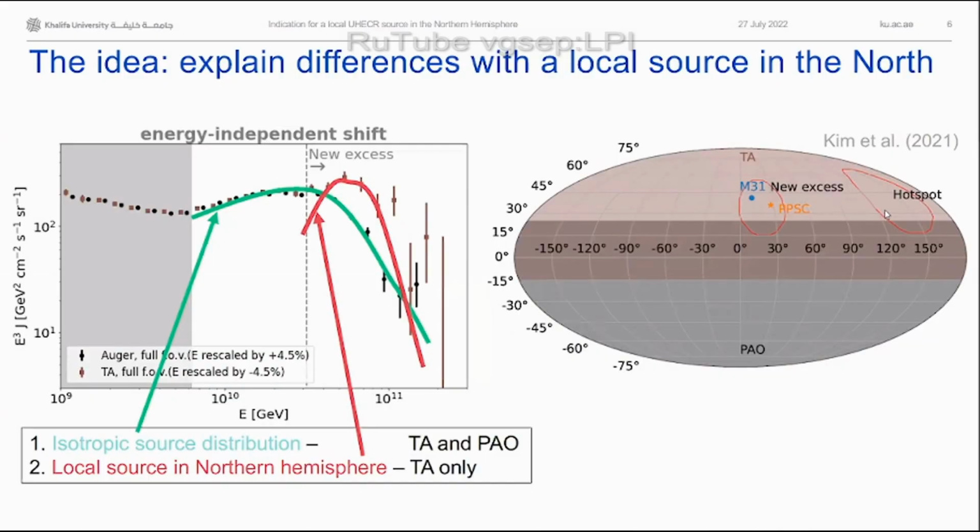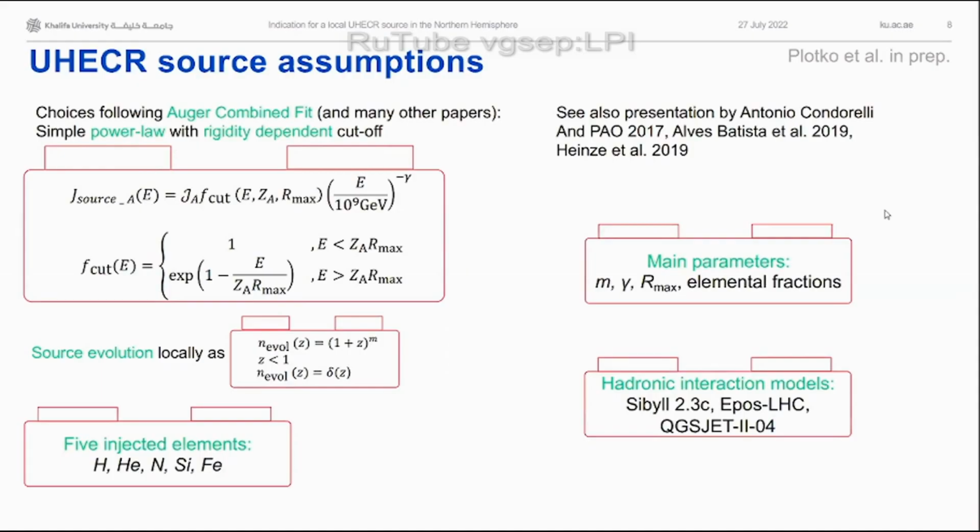So what we do for the ultra-high-energy cosmic ray source assumptions, this is a bit of a technical slide, but the main message is that we use the standard methods that everybody is using. You can also check Antonio Condorelli's talk from yesterday. He uses the same assumptions here. And these are also the same assumptions that were used in the Auger combined fit paper and in several other papers after that. So we have just a simple power law spectrum at the sources with rigidity-dependent cutoffs,